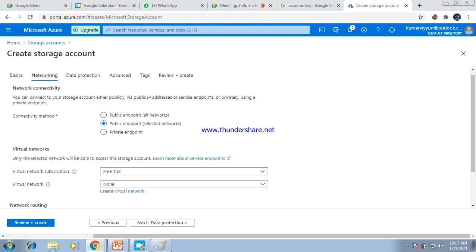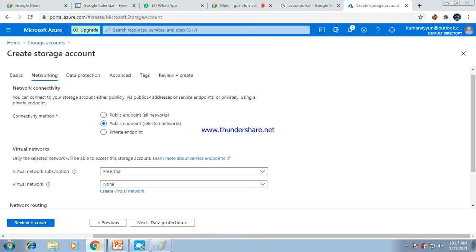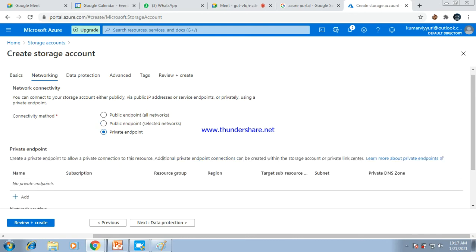The virtual network subscription is the free trial subscription. If you have a separate subscription, you can use that subscription here. The private endpoint allows a VPN connection, private link.